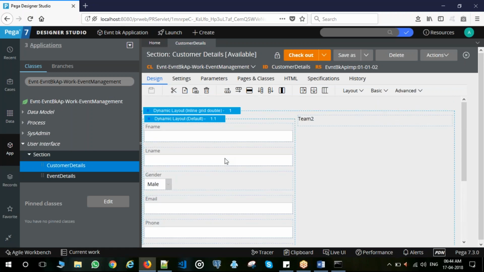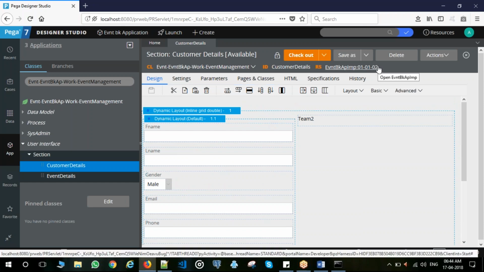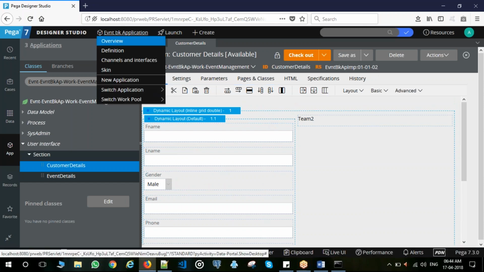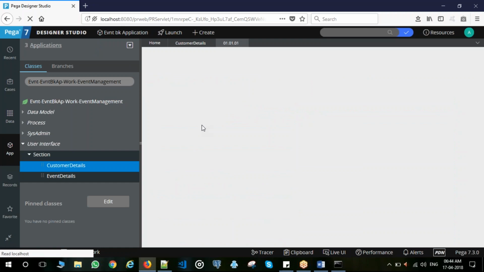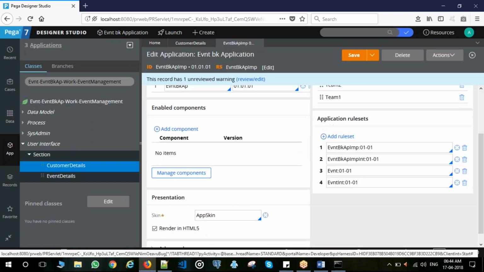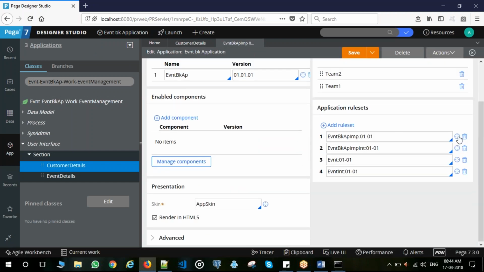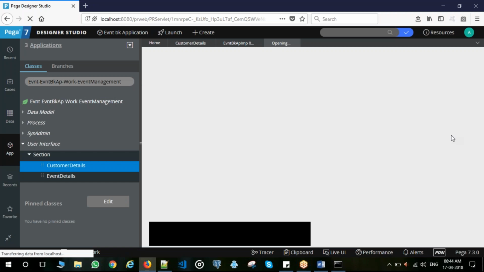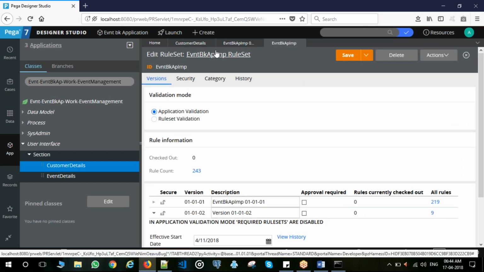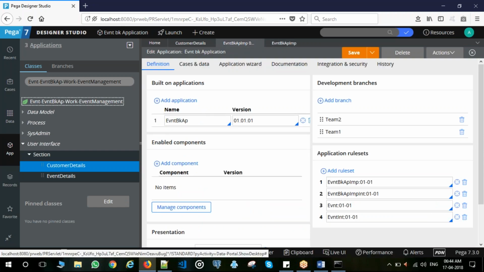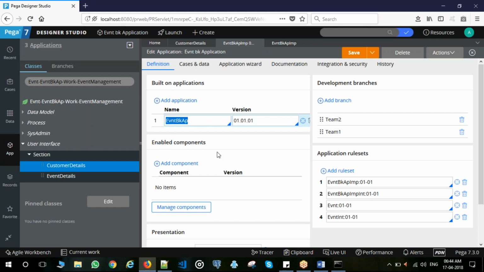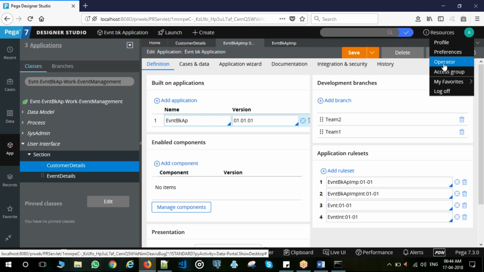Okay, so what are the versions we have? 0, 1 and 0 to 1. Go to your application. Open the version. The rules set version. So this is the value that creates your application, and this is the application that will be set in the access group. If it is open, that operator,